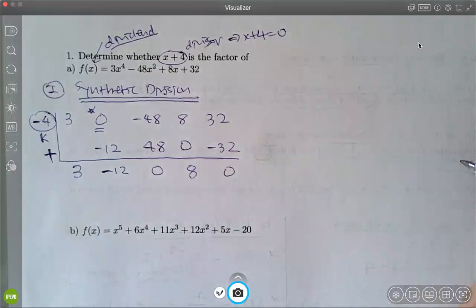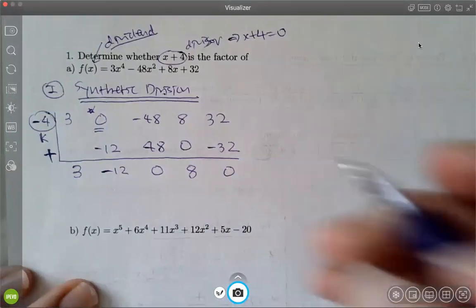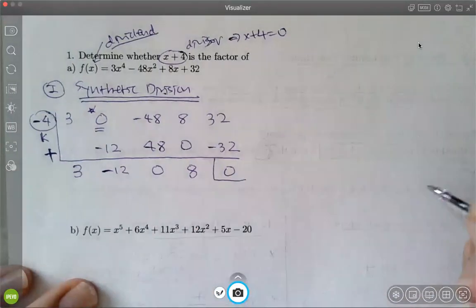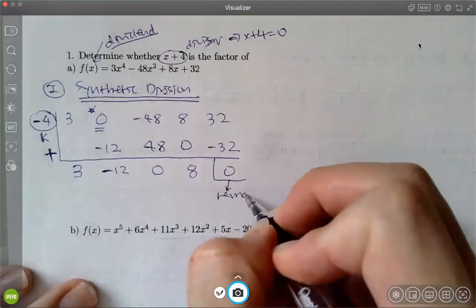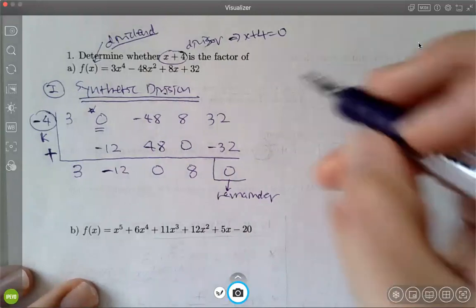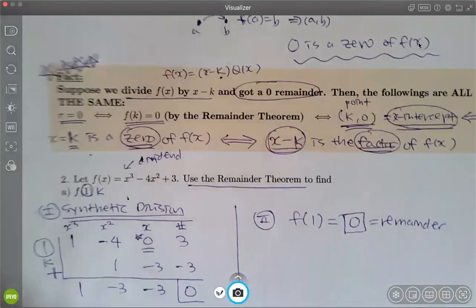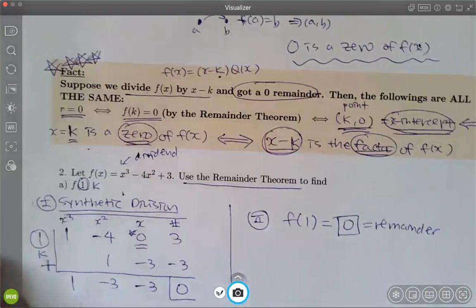Now, what is the significance of, let me put it this way, what is the most significant number? The most significant number is this one, which is the remainder, right? So the remainder is the most important number here. Why? Because let's go back to this thing in 3.2. When the remainder is equal to 0,